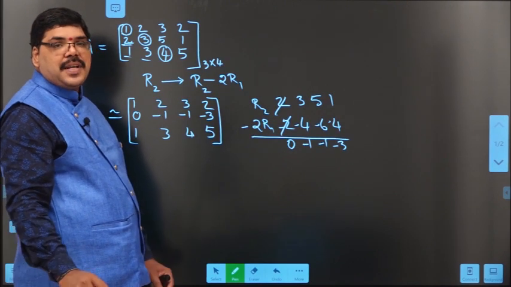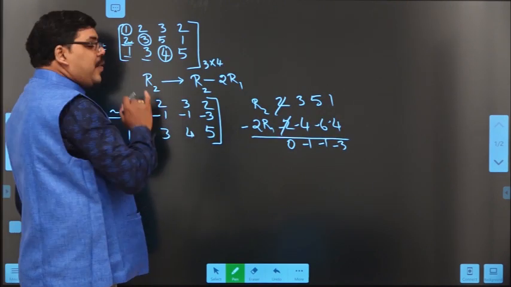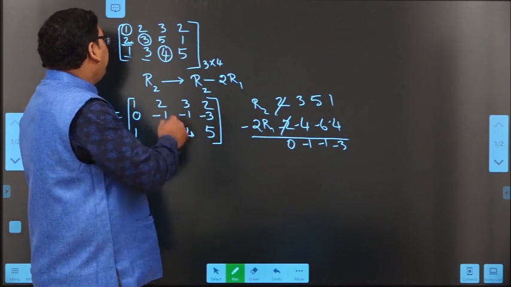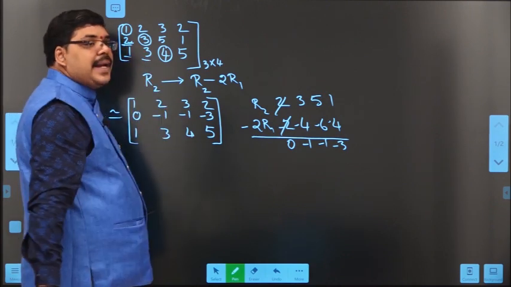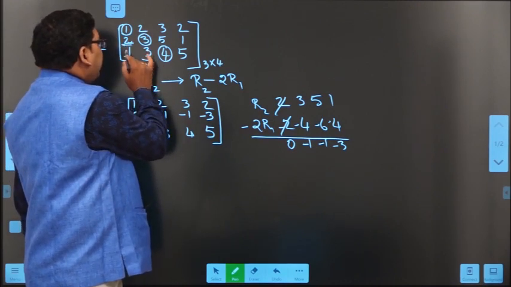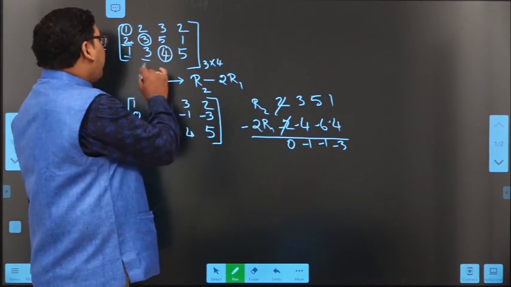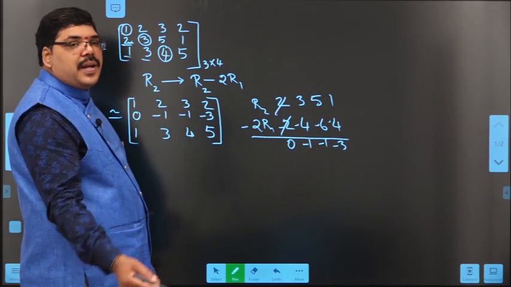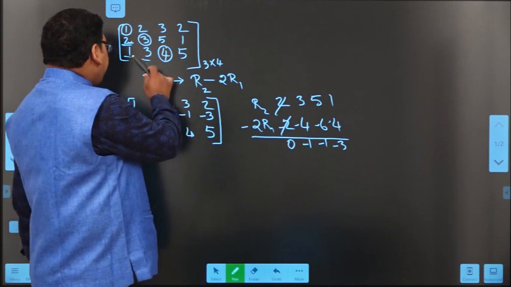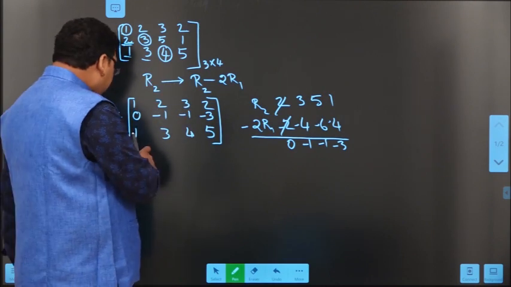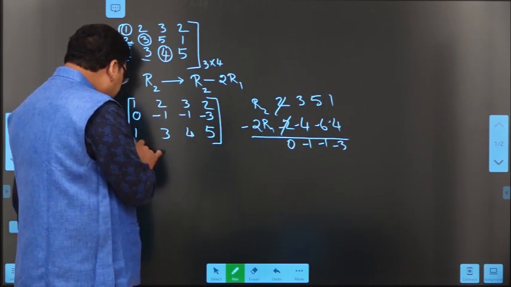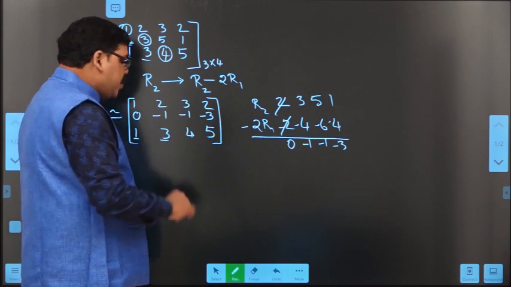Okay, half of the task is over. In the second row, the first position became 0. What did we actually say? We want to convert all the elements below the principal diagonal into zeros. In the matrix below the principal diagonal, there are 3 elements. One of them became 0 now. What is remaining? Remaining are this position and this position. In the new matrix, after applying the row operation, did they become 0? No. So now we want to make this element 0 and also this element 0.